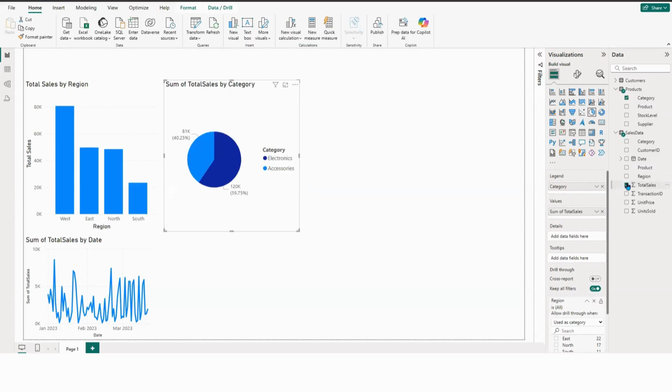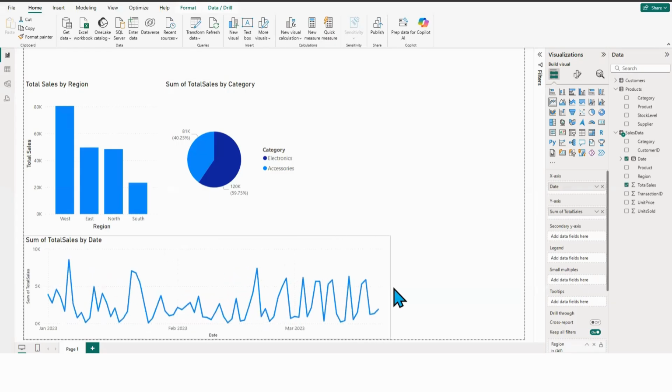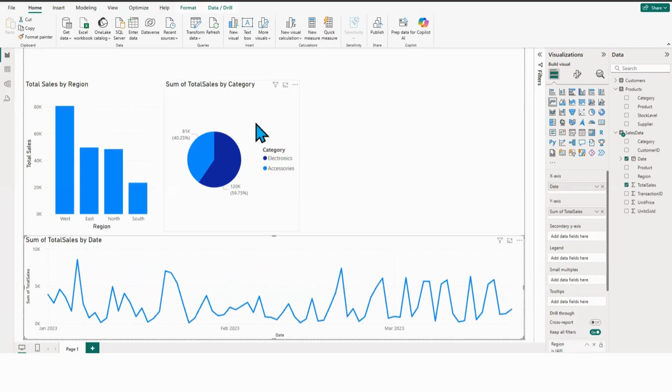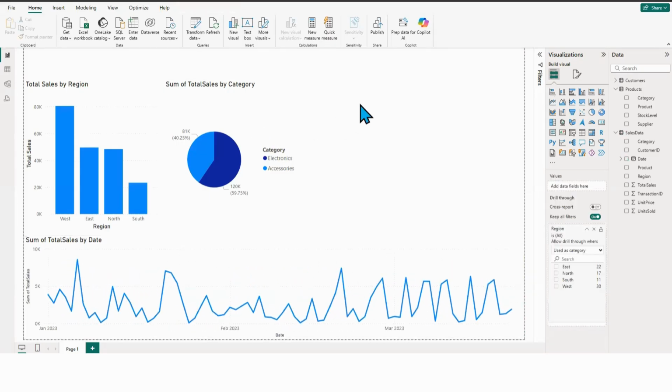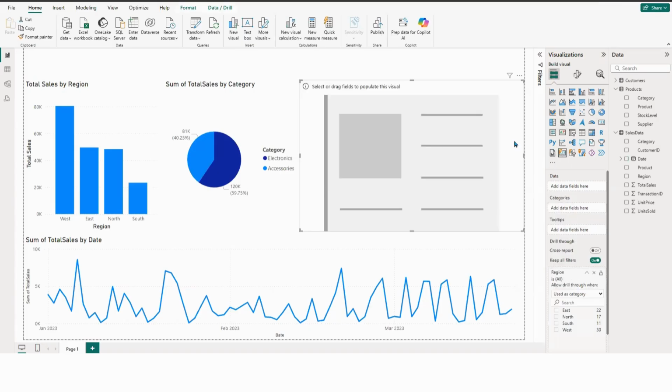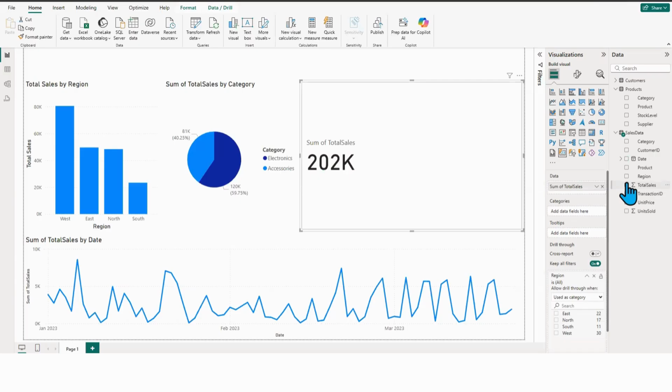Also, I want cards to show. So let's say I want to make my total sales by dates bigger than this. Then I want some cards. So let me have a card showing total sales and then units sold and profit. So let me use the new card. I'm using this. So I want total sales. I want units sold,